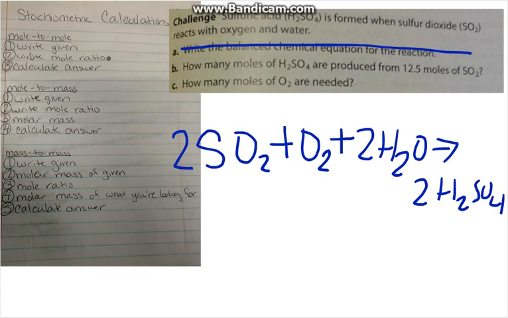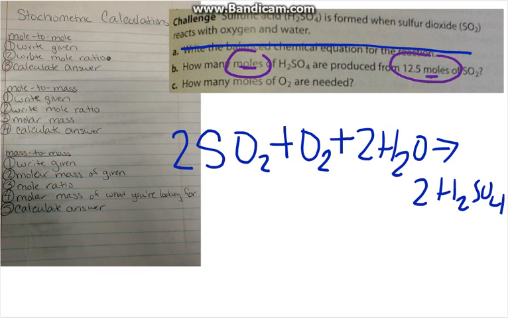The first thing you have to do is you have to say, what kind of problem is this? That way I know what steps I need to use. So you look at the question. You look at some key words. You look at key units. I see the word moles. I see that I need to find moles. I also see another word, moles. I am given moles. So if I see moles twice,